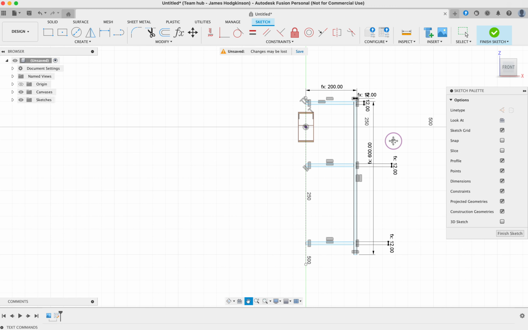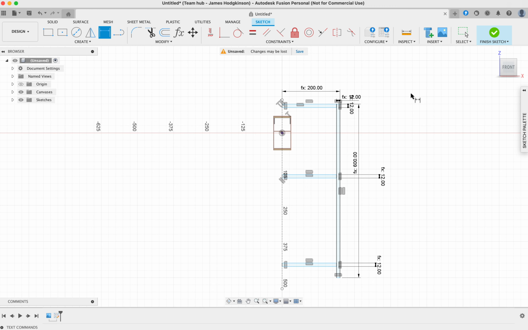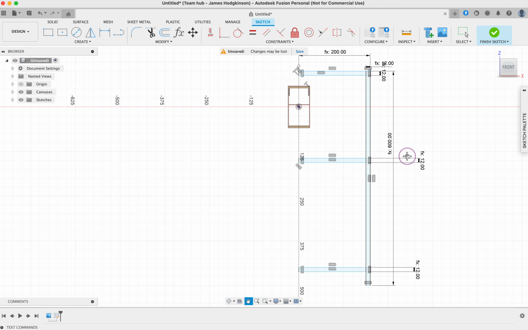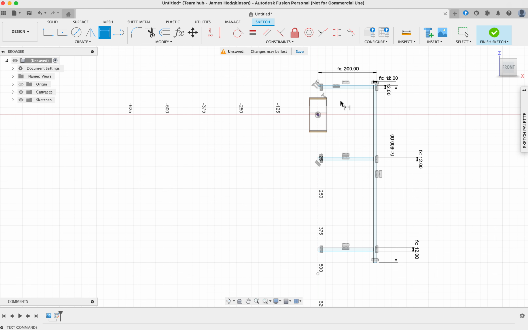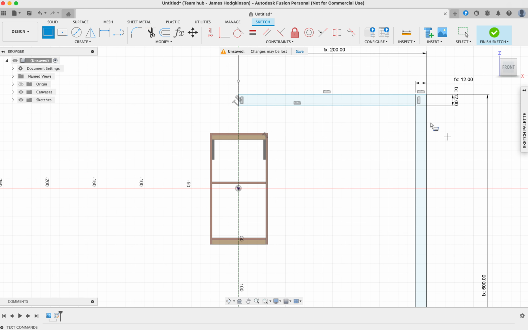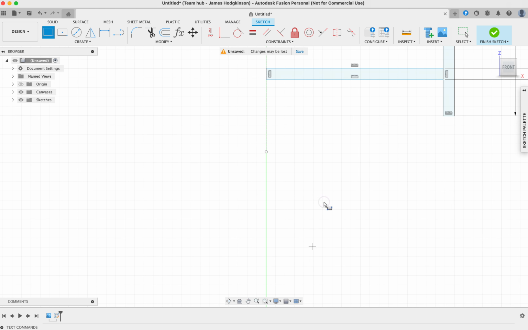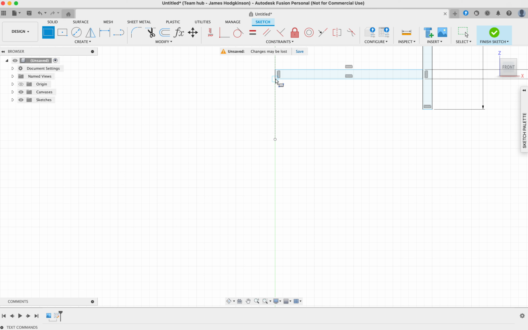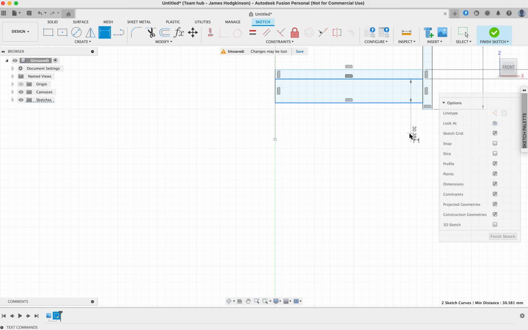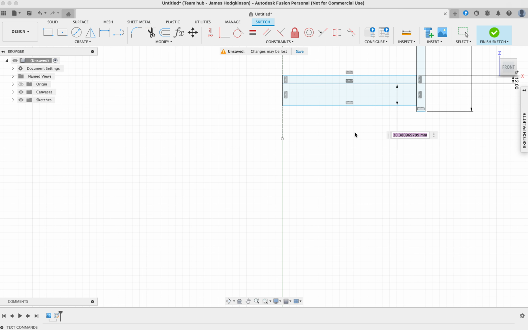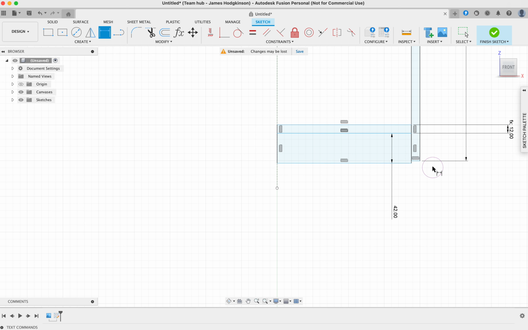So you can slow it down if you need to, but I've also got that side bit of wood. And the bottom shelf, which will be 42 mil,